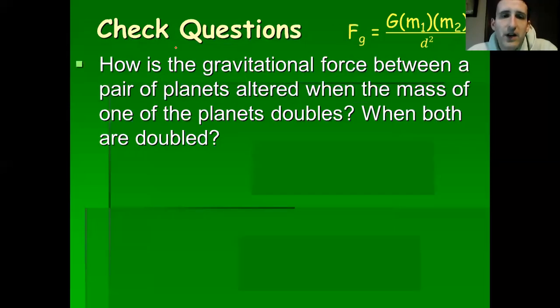So a couple of check questions, a couple of practice questions, and this goes back a little bit to how he was explaining things with the inverse square law. We have this big equation, and you'll have some homework problems, some quiz problems in which you're asked to plug all of the numbers in, and we know big G, 6.67 times 10 to the negative 11th. It's scientific notation, and if you want to plug in the mass of the Earth, that's going to be scientific notation too. We'll do some of those a little later in the PowerPoint, but all that scientific notation being plugged in is a lot of